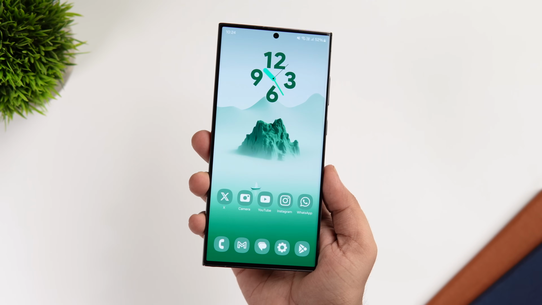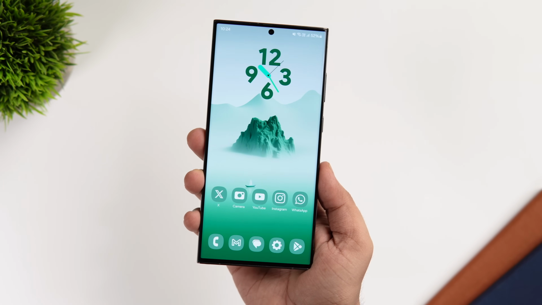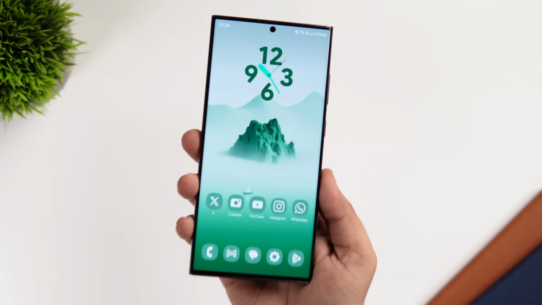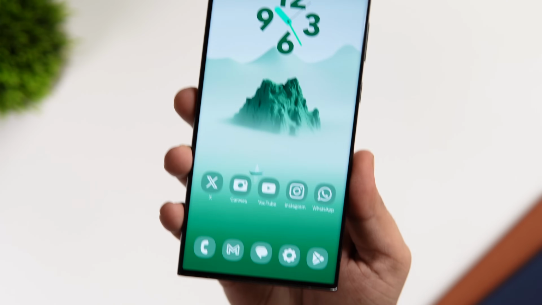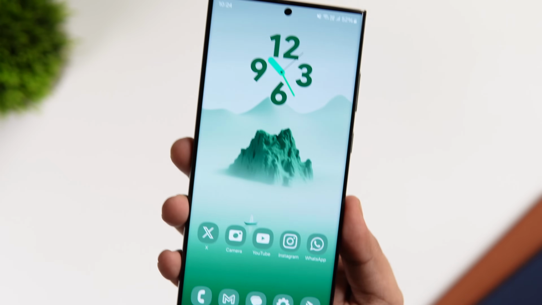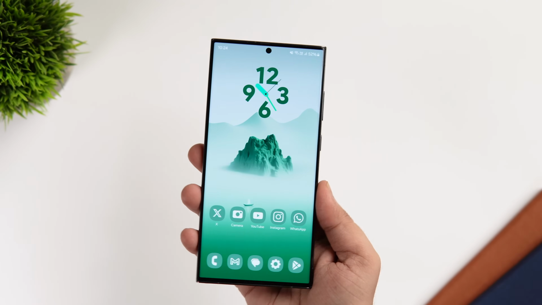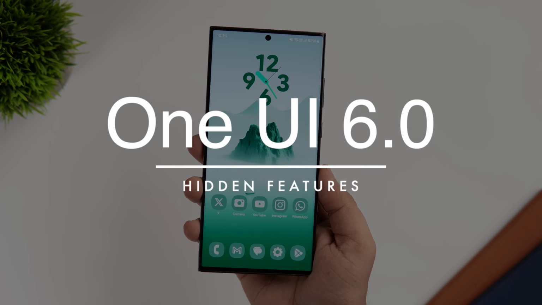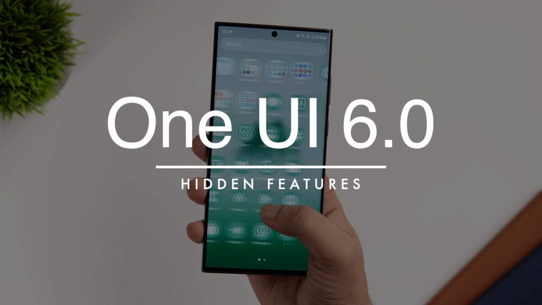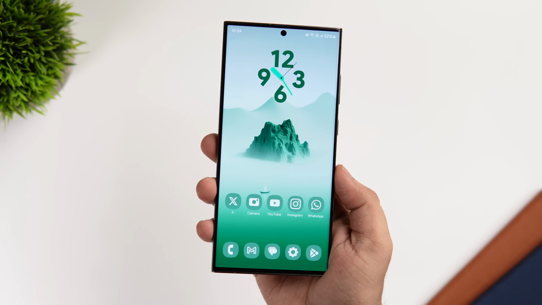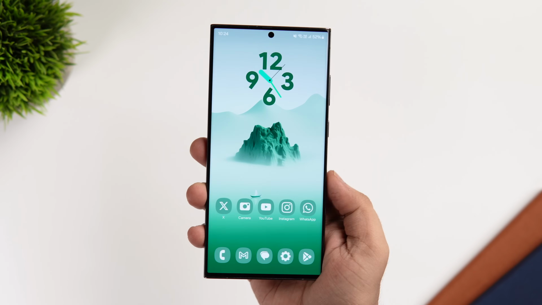If you are using a Samsung phone and you have already installed the latest One UI 6 or you are just waiting to install this massive update on your Galaxy smartphone, then this video is going to be super useful for you. Today I'll be showing you some lesser known hidden One UI 6 features that you still might not know about. I'm sure you're gonna learn something new and useful in this video, so stay tuned and watch it